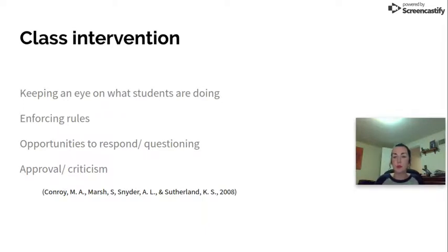Enforcing rules, of course, at the beginning of the school year, saying these are the rules, and then making sure that they